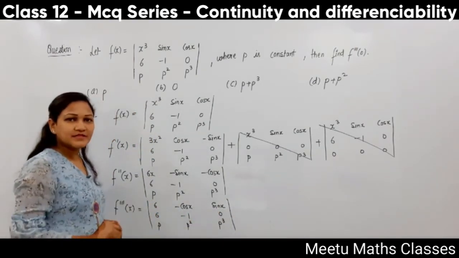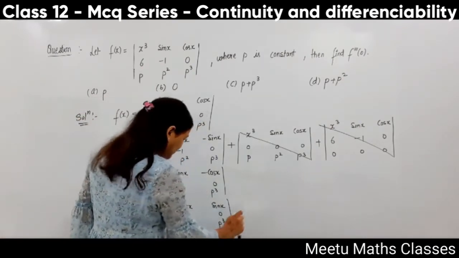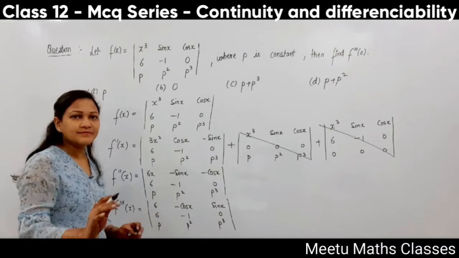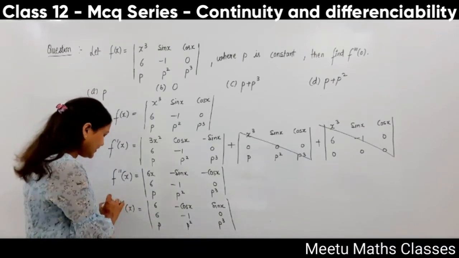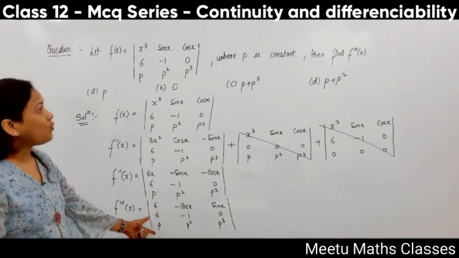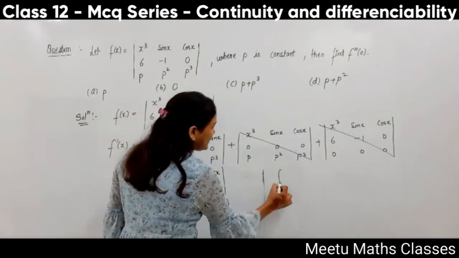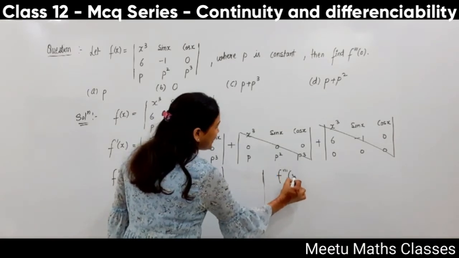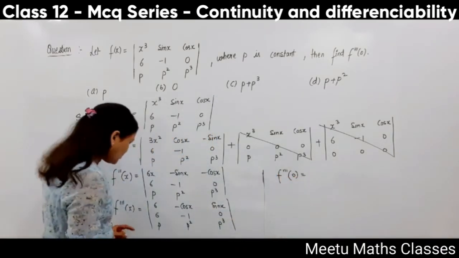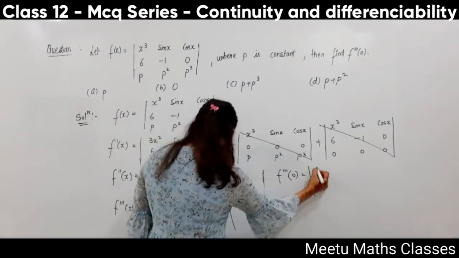In the second determinant you are going to differentiate the second row, that will become 0, and in the third determinant you are going to differentiate the third row, that will become 0, so your third derivative will be this determinant only. Now you are supposed to find your third derivative function at x is equals to 0. So you will put x as 0, then you will get 6,